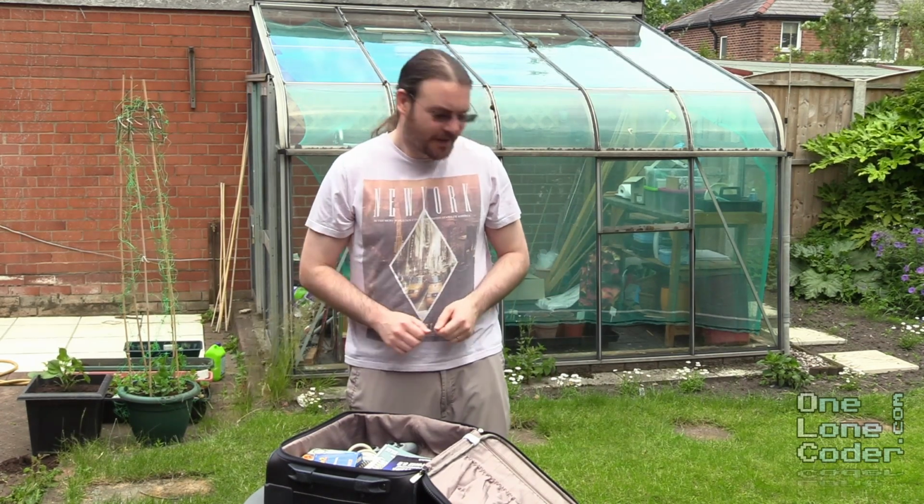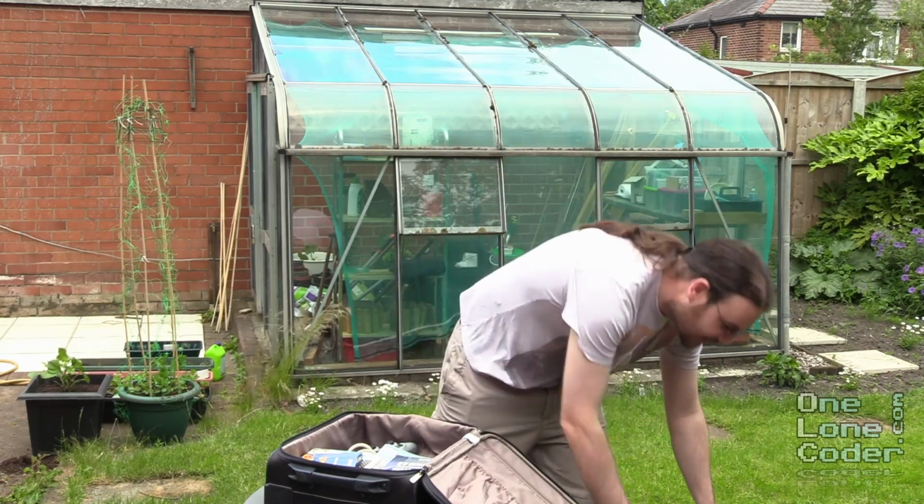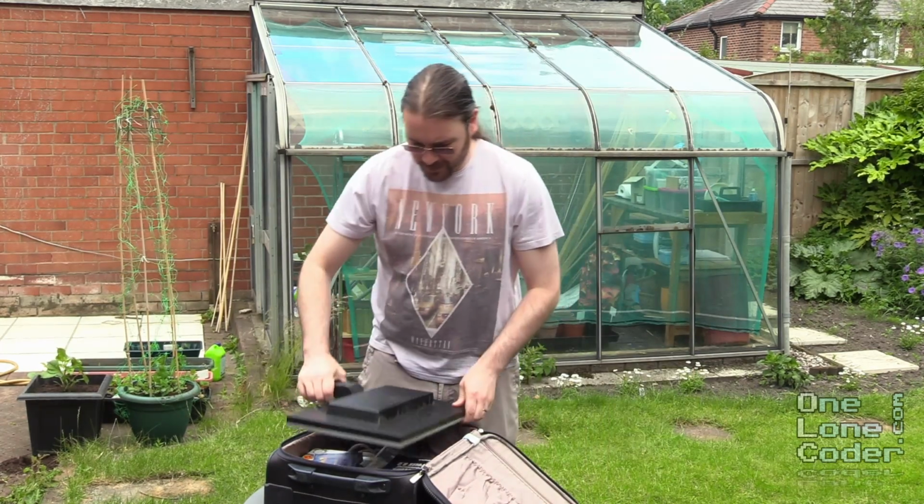Now, if you've watched any of my previous videos, you'll know I quite like a lot of screens, and I don't think the laptop screen on its own is going to be sufficient for my coding on holiday needs, so I'm going to take this 19-inch flat screen monitor as well. So there you have it. I think I've got everything I need for a very